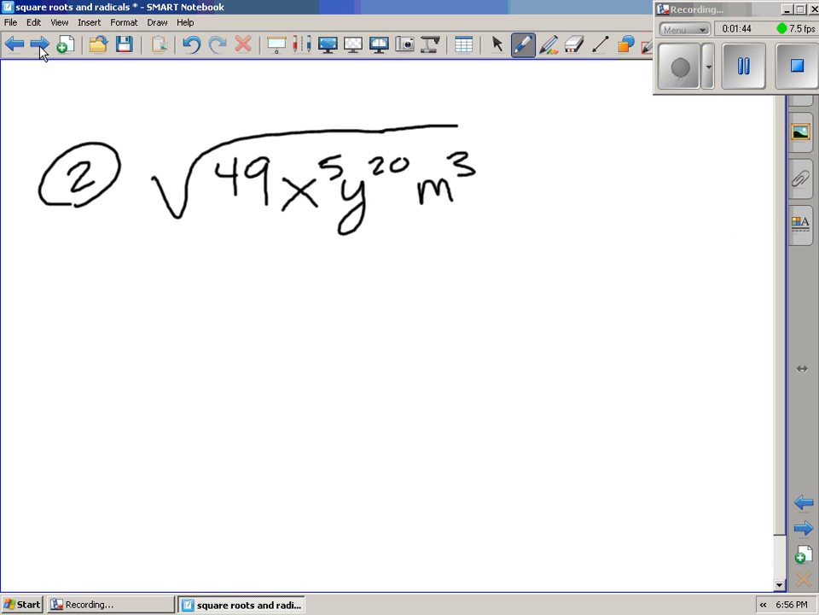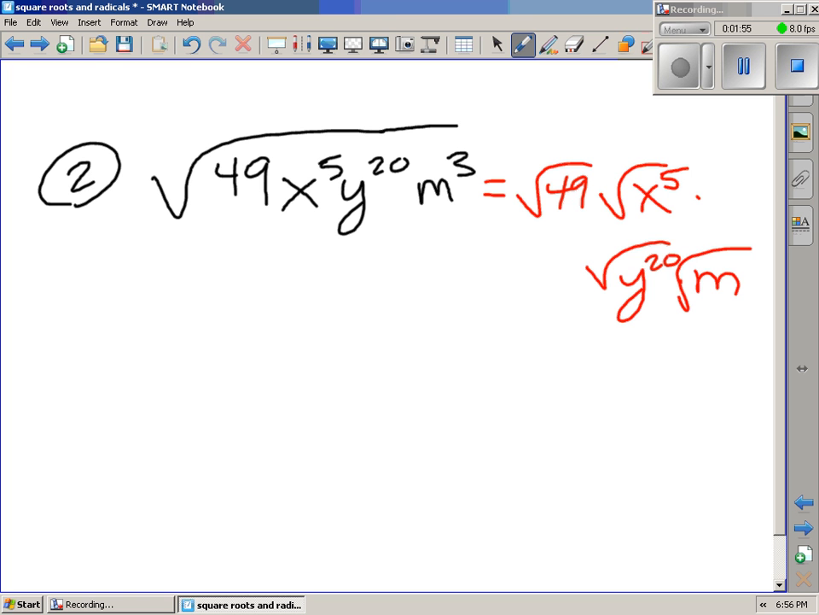All right, number 2. Once again, I can think of this as the square root of 49 times the square root of x to the 5th times the square root of y to the 20th times the square root of m to the 3rd. The square root of 49 I know is 7, so I'm just going to write that here, positive or negative 7. X to the 5th, when I think about it,